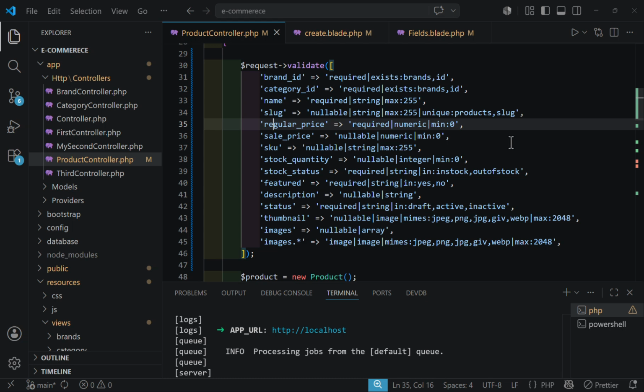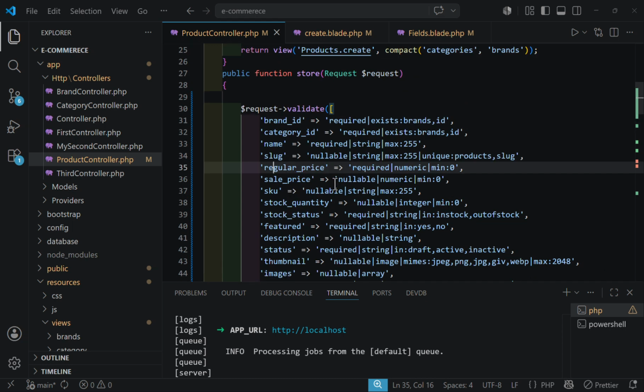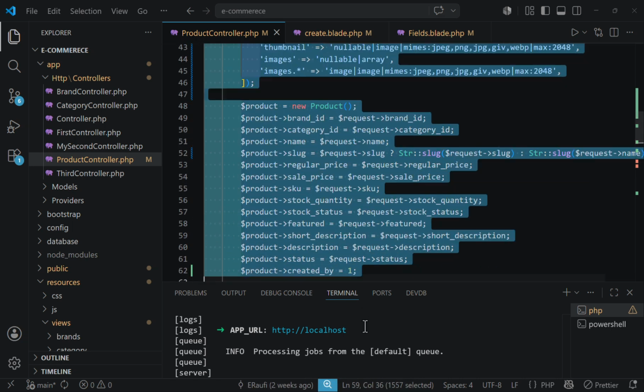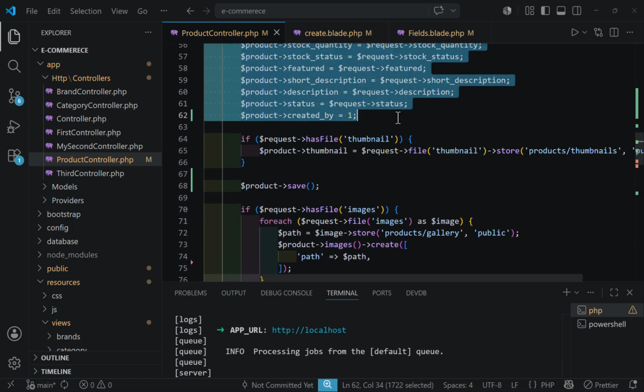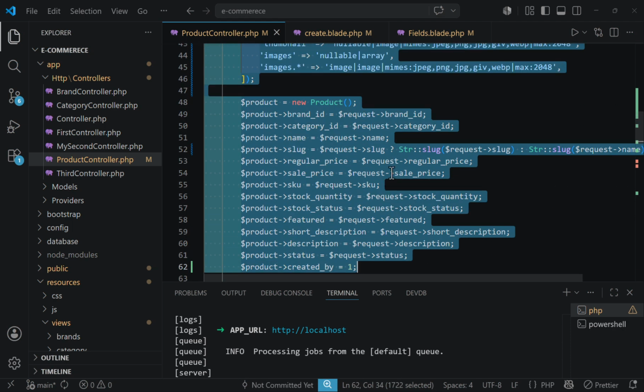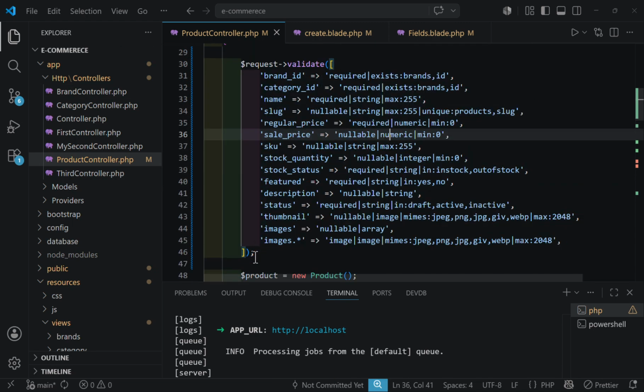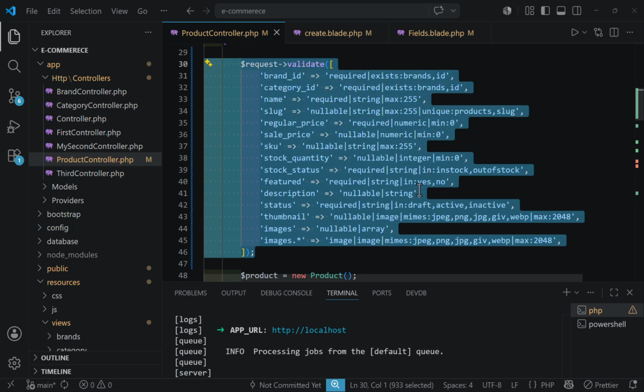Now let's clean our validations and move our validations into a separate file. Currently inside our store method we have our validation, but if our table gets bigger and we add some more logic inside our controller, then it will get bigger and bigger and it will be very hard to maintain. So it's better to move our validation logic to a separate file, which we will call a form